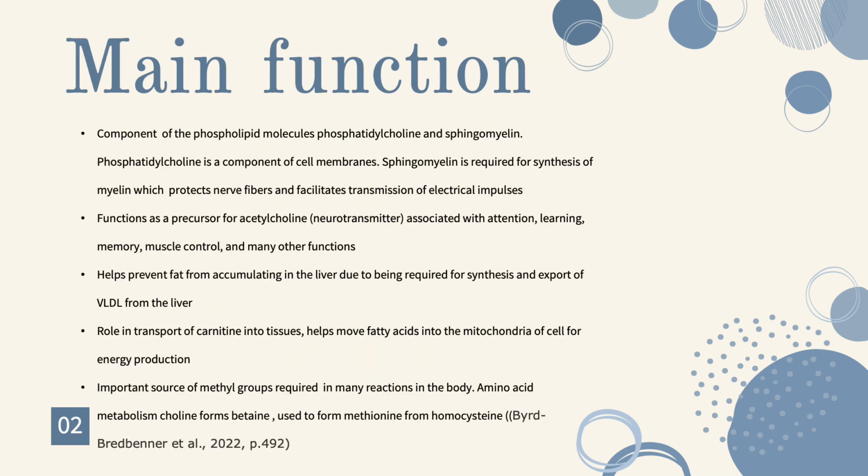So choline has many main functions. It's a component of the phospholipid molecules, phosphatidylcholine and sphingomyelin. Phosphatidylcholine is a component of cell membranes. Sphingomyelin is required for synthesis of myelin, which protects nerve fibers and facilitates transmission of electrical impulses. It functions as a precursor for acetylcholine, which is a neurotransmitter associated with attention, learning, memory, muscle control, and many